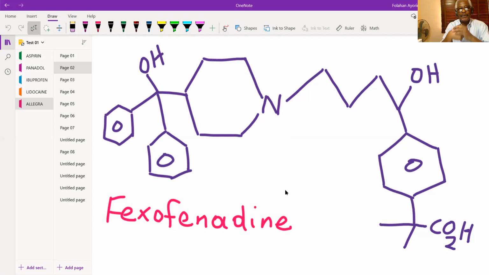So today we are going to feature this particular molecule we call